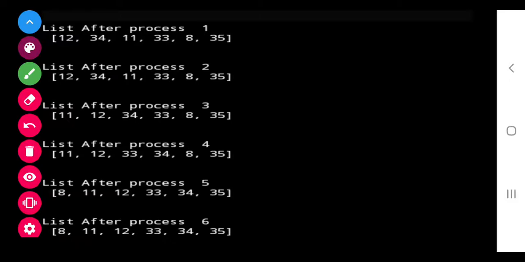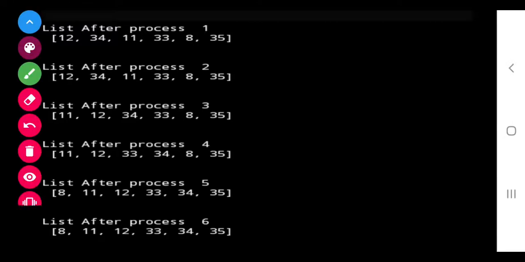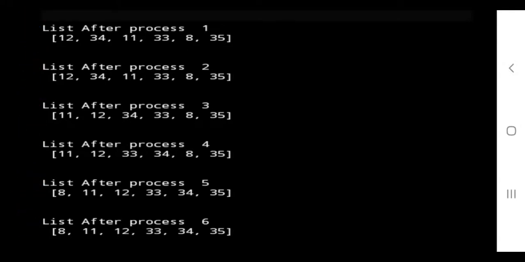Now class, see, I have made a program and I can show you the process. I have taken the elements 12, 34, 11, 33, 8 and 35. During the first process, this 12 will remain in its place. Now the second element is to be checked with this.